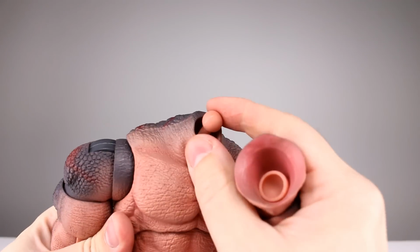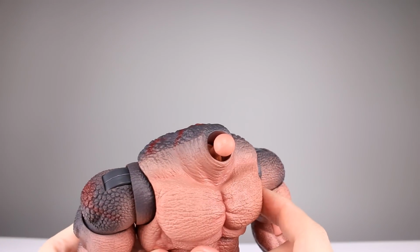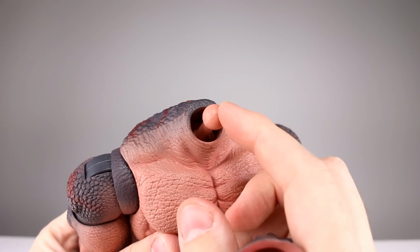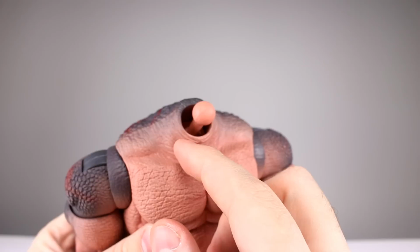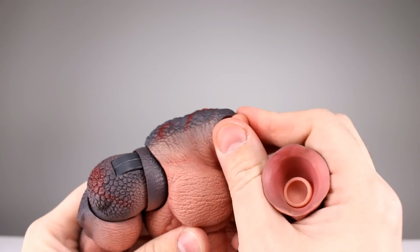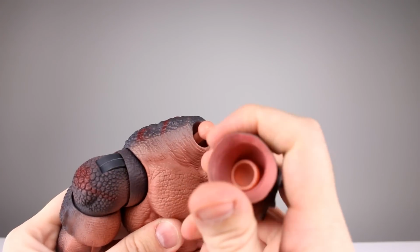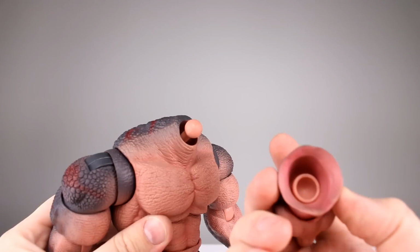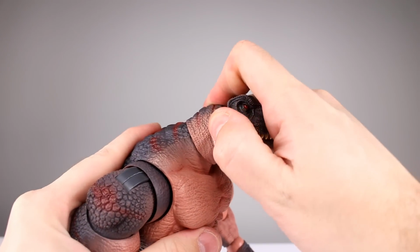Okay, well, if you push really hard, that happens. So, as you can see, you technically did a good job with the balls. Nice big balls, but this ball is so far into the body, you just lose all the range. So, that's a problem, obviously. Me ripping it off isn't a problem, I don't care about that. So it's actually a double ball peg. I thought there was a fixed piece in between, which I guess technically there is, but...